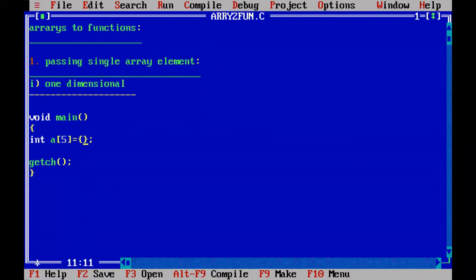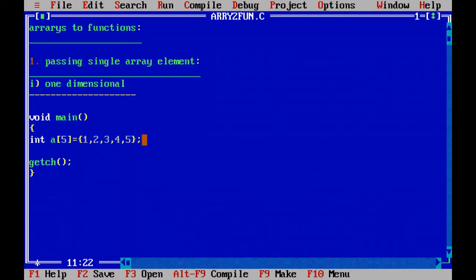In between, you can give all 5 elements: 1, 2, 3, 4 and 5. Here a of 0 represents 1, a of 1 represents 2, a of 2 represents 3, a of 3 represents 4, and a of 4 represents the fifth element.